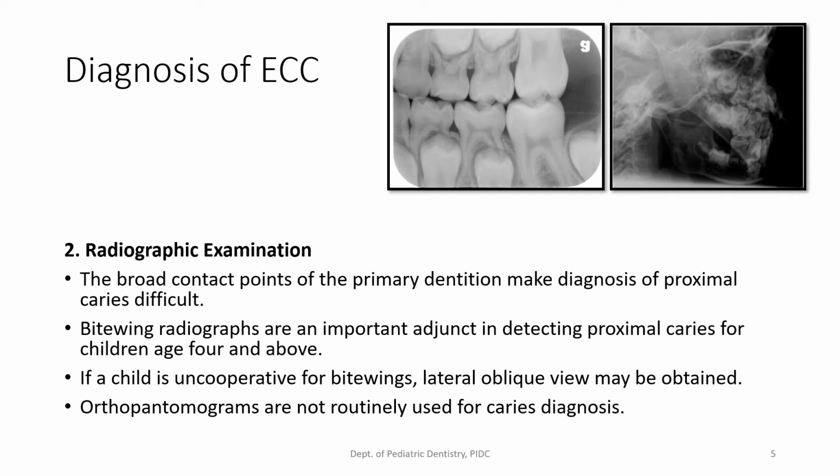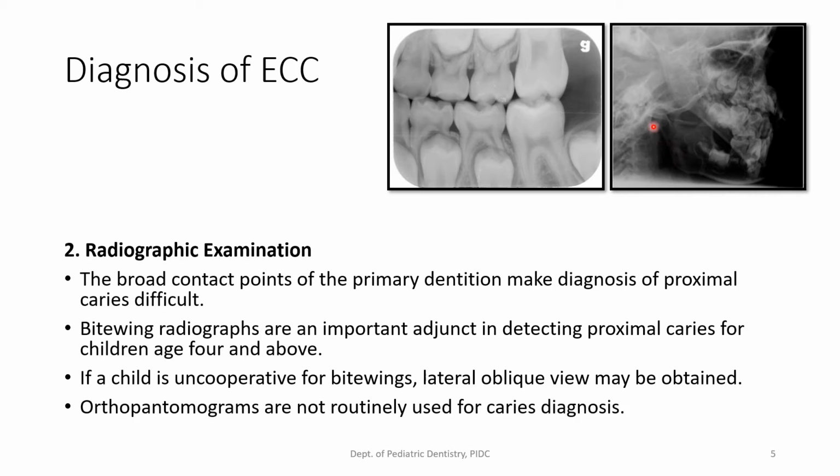And if you see here, we have the bite-wing radiograph with nice visualization of the interdental areas, the proximal part of the tooth. So we are really sure that there is no caries, or if there is any caries, you will see demineralization. Now, if you can identify what kind of radiograph this is, it is an extraoral lateral oblique radiograph, and you can see this part of the mandible is quite visible.